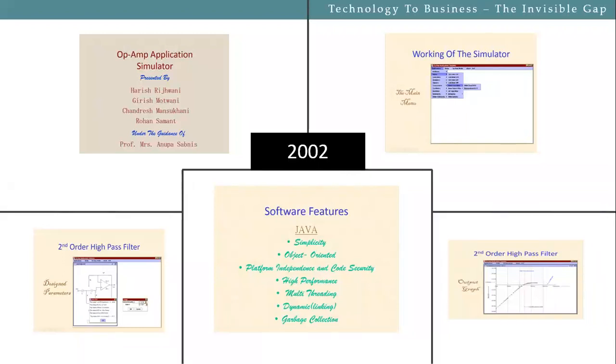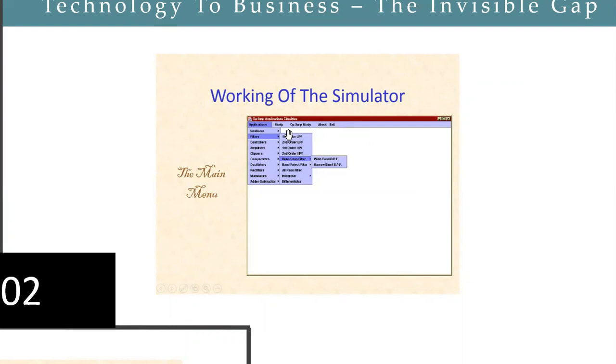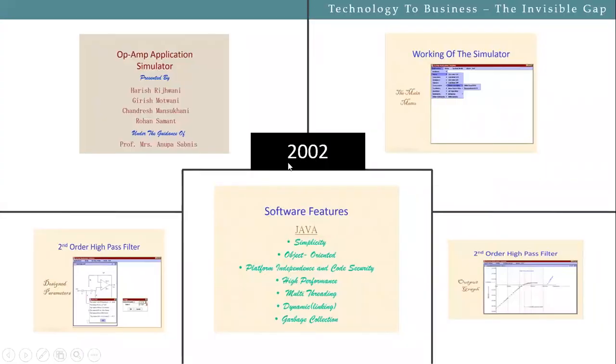Now, as a layman, when I am trying to build this solution, we built a lot of features. We actually built, if you see over here, I'm going to try and zoom this. Let's see if it zooms. We built a lot of features over here. We had a second order filter, first pass filter. If you're from a technical perspective, you'll understand that. For a normal person, it doesn't make sense. The normal person will not understand what I'm talking about, even if I tell him it's a high pass filter or low pass filter. And look at what I've mentioned over here in terms of the software features.